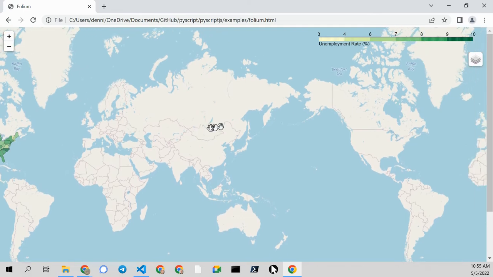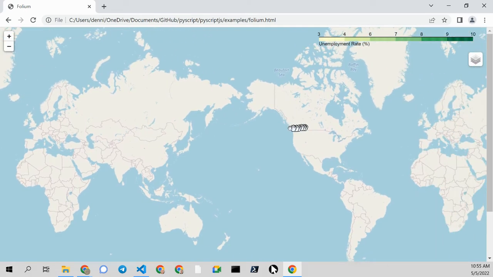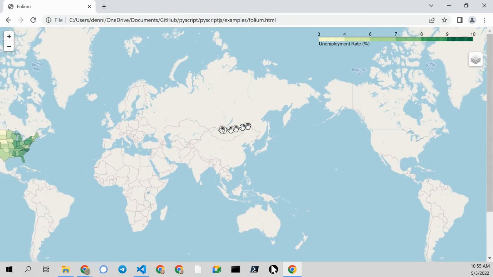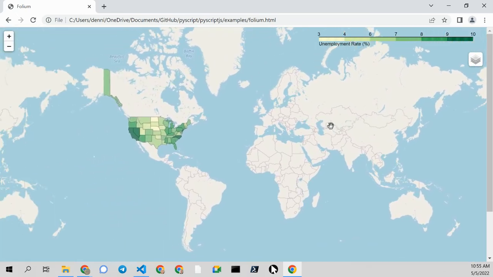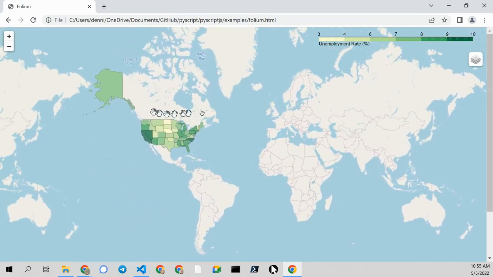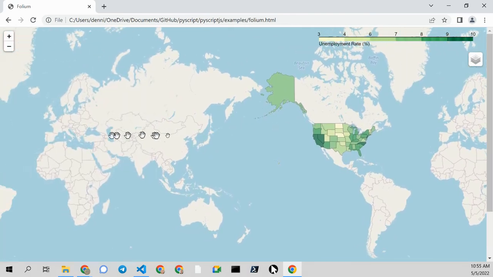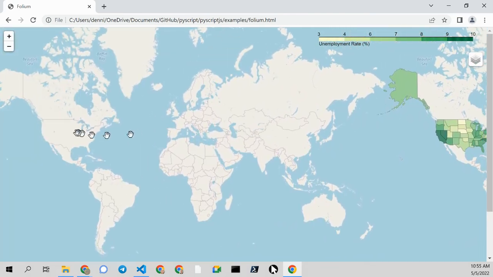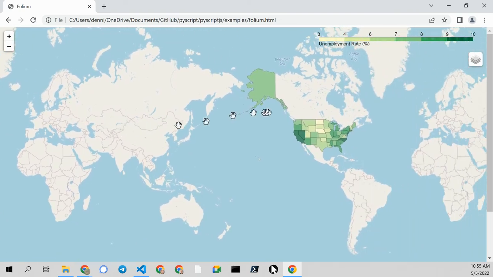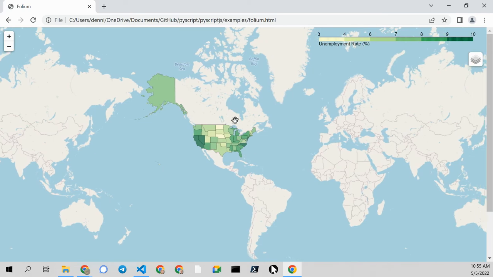Now you can see, for whatever reason, that it's not populating all of the map correctly. Because as we scroll to the left or right, you see that this map is not being rendered. But no matter, I'm interacting in HTML,